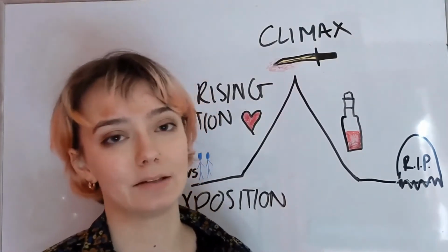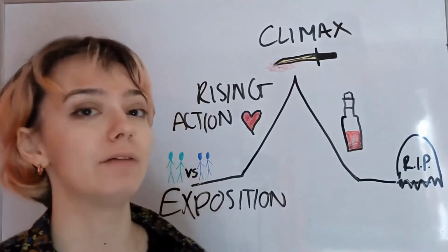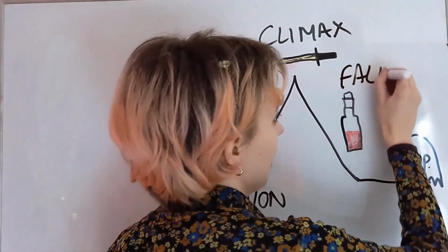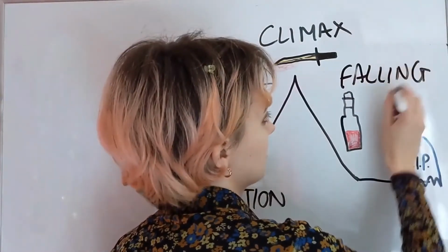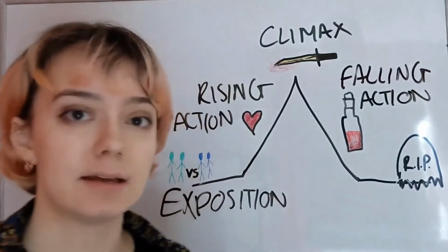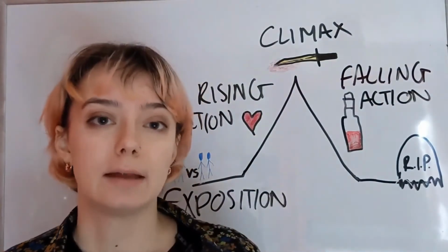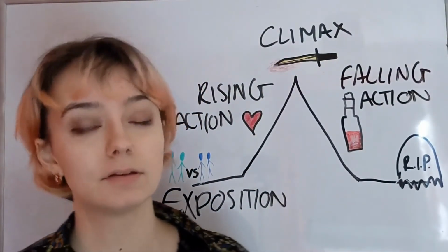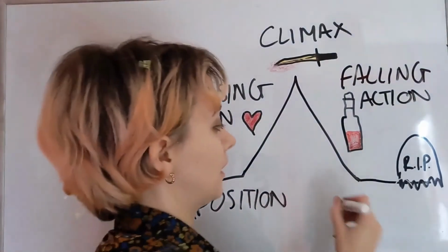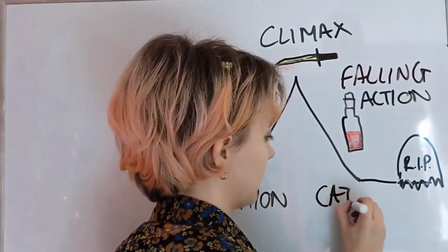Romeo is subsequently banished. So after this, everything starts to go downhill for our protagonists, which leads us to our falling action in Act 4. And this is where Juliet pretends to kill herself, so people think she's dead, and this builds up to our